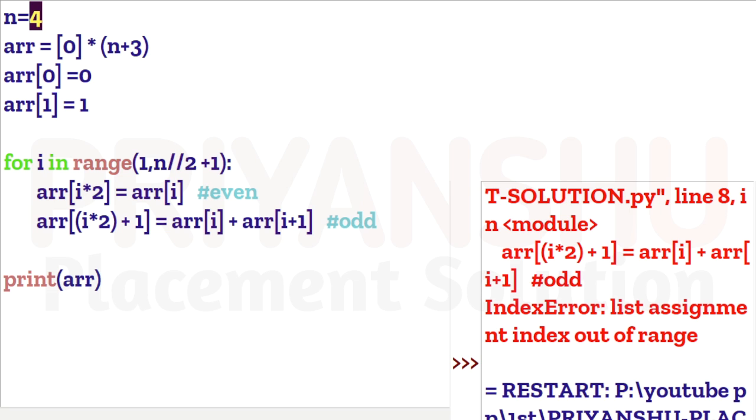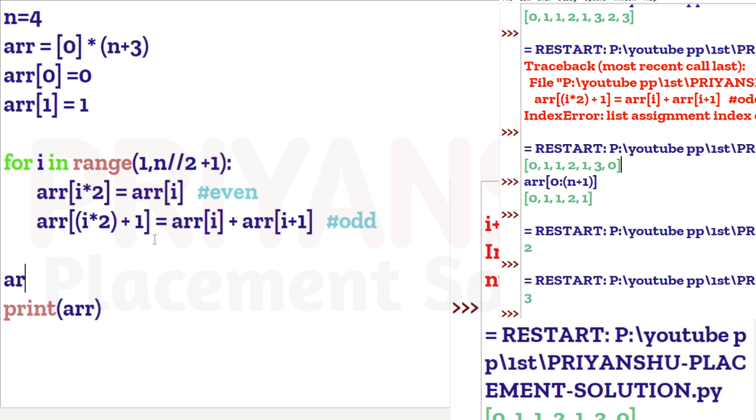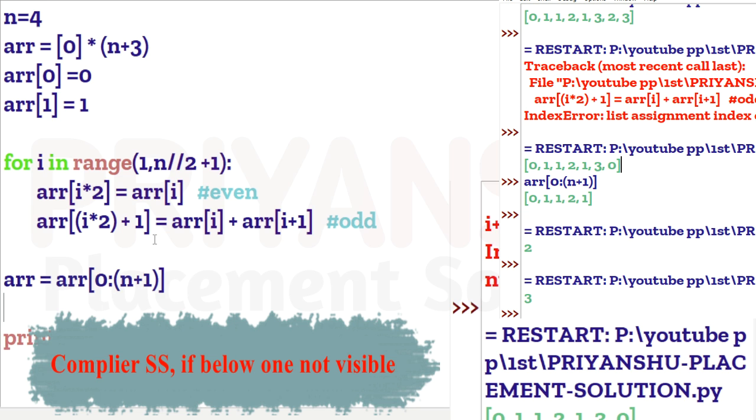So what I am doing is arr from index 0 till n plus 1 index, right? Then we got 5 elements, as you can see 1 2 3 4 5. So I am just updating this value here. So arr equal to this. And now after that I will find the maximum of arr.